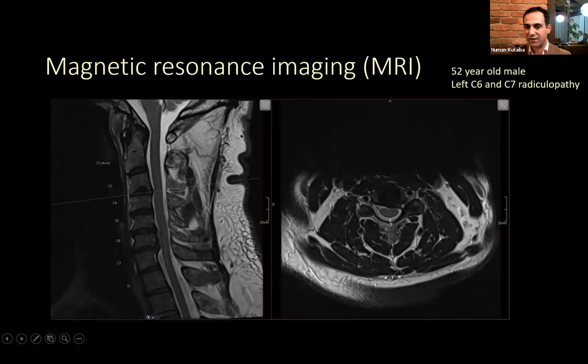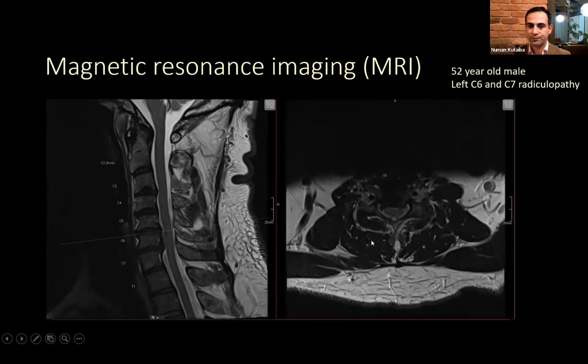This patient has left-sided disc changes at this level, but the patient is asymptomatic at this level. So it's very important to know that they're asymptomatic. We're not going to do anything about it. The referring clinician, whether it's a GP or a specialist, doesn't need to worry about this because they're asymptomatic from this.